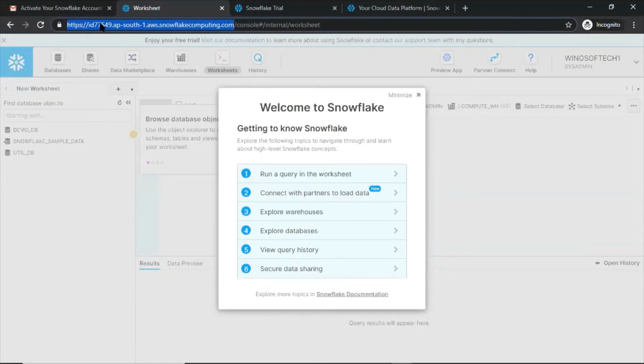This is unique to you because this is the ID of your Snowflake account, and this is the region and cloud platform address and .snowflakecomputing.com. It's a combination of your account ID, cloud platform region, and cloud platform name, then .snowflakecomputing.com. Whenever you want to log into the Snowflake Web UI, you have to give this address only, after that username and password.